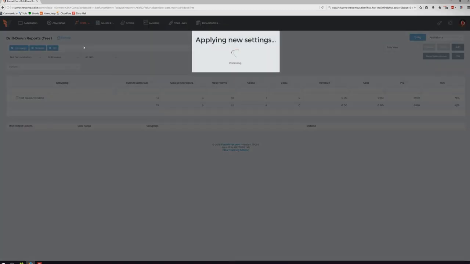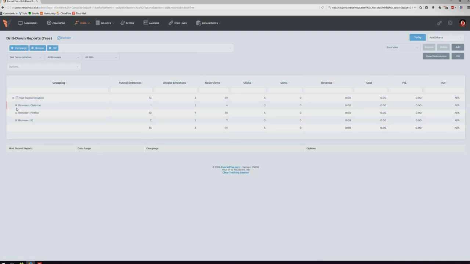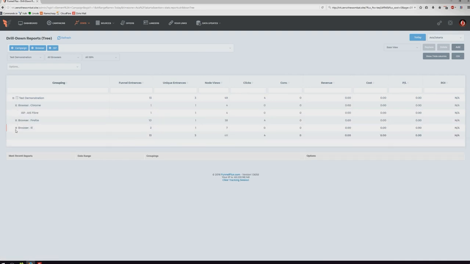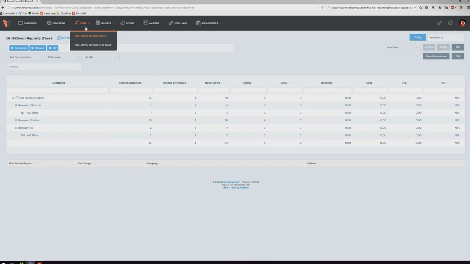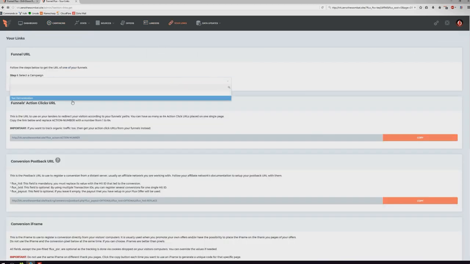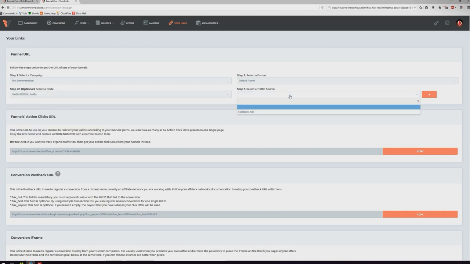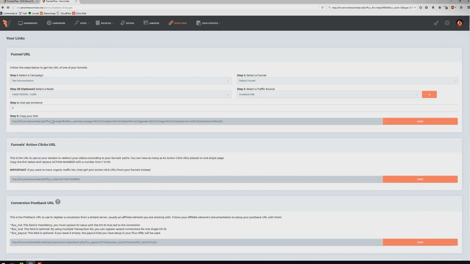and apply that. Now, the one thing that you are very likely to actually drill down into is the traffic source tokens, right? So if we go back to our campaign and we get the link for it by either going to edit the funnel or going to your links, for example, say I get it from here, test demonstration, that funnel, start at the traffic node, this is Facebook, and we get this link. So if I open a new window,